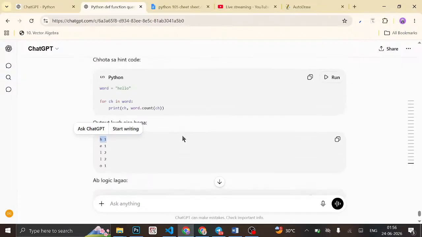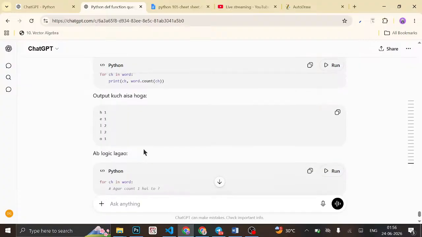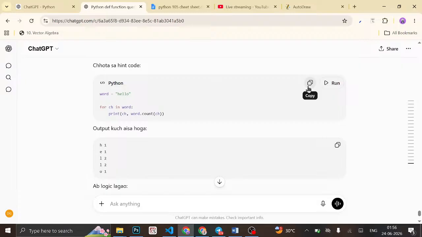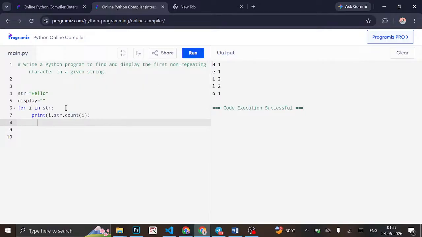यार लॉजिक क्या दिमागी काम नहीं कर रहा। देखो, वर्ड इक्वल्स टू हेलो और सी एच इन वर्ड, प्रिंट करेंगे सी एच को, वर्ड डॉट काउंट, लॉजिक लगेगा यहाँ पे, अगर काउंट वन है तो इफ कंडीशन लग जाएगी। प्रिंट करेंगे आई कॉमा, स्ट्रिंग डॉट काउंट करो आप, यहाँ पे आई को, ये आ गया यहाँ पे, ठीक।